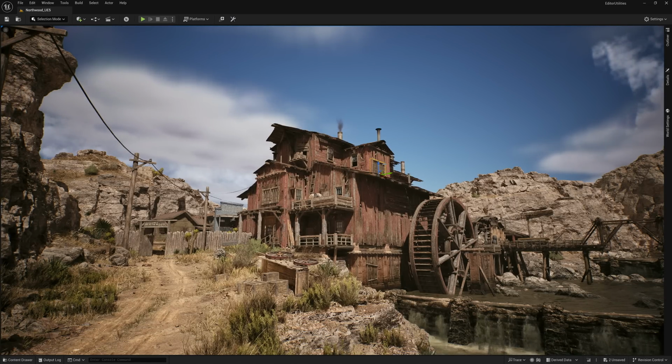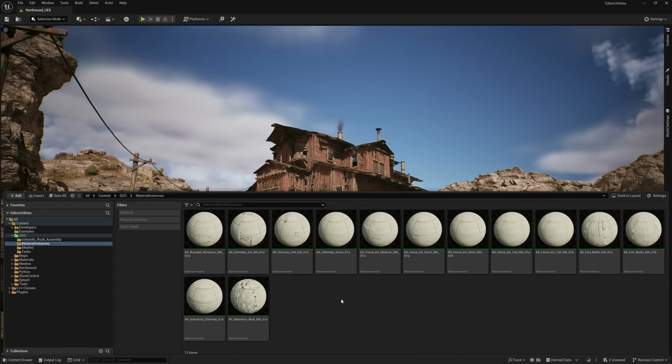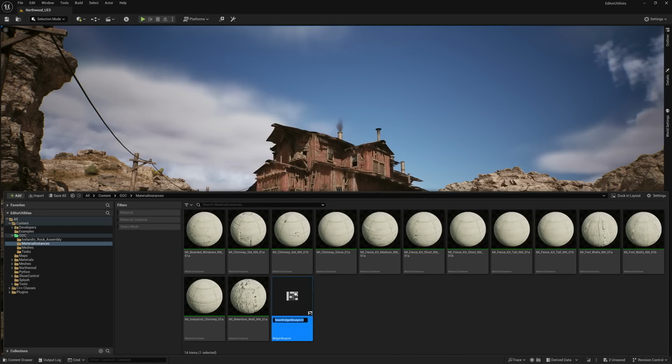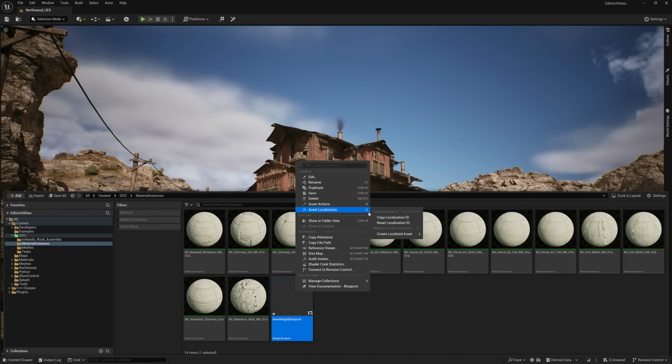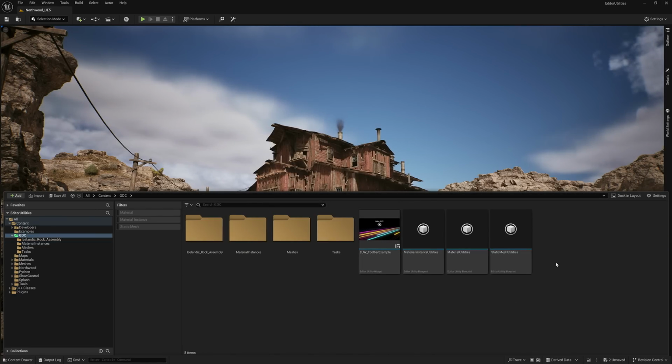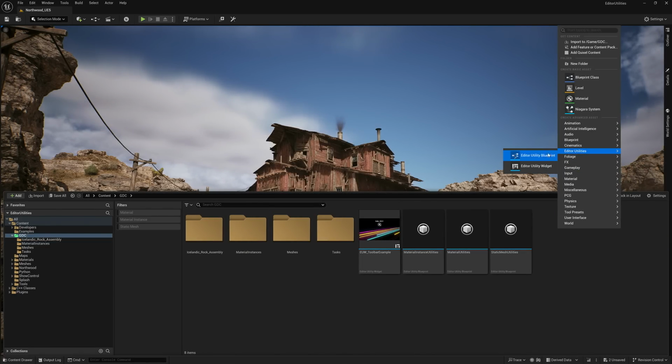And you might think to yourself, editor utility widget, I shall make this from the user interface widget blueprint. Right? No. Well, sort of. We added this recently. You can go to asset actions and convert a user widget to an editor utility widget. But I would prefer if you made these from the editor utility widget submenu, just like we did for our